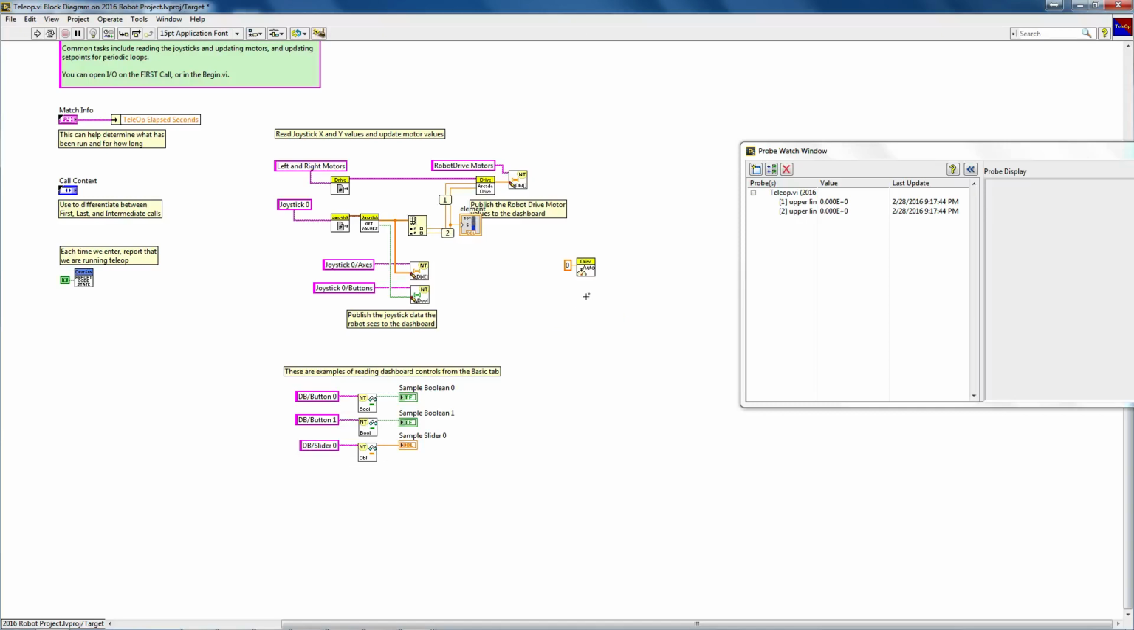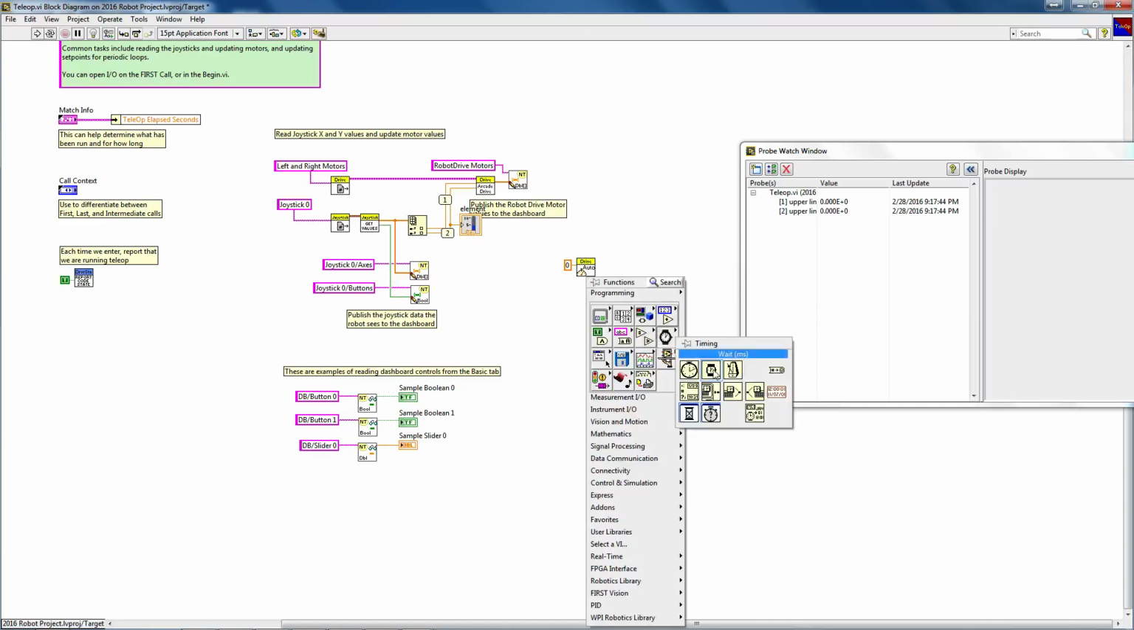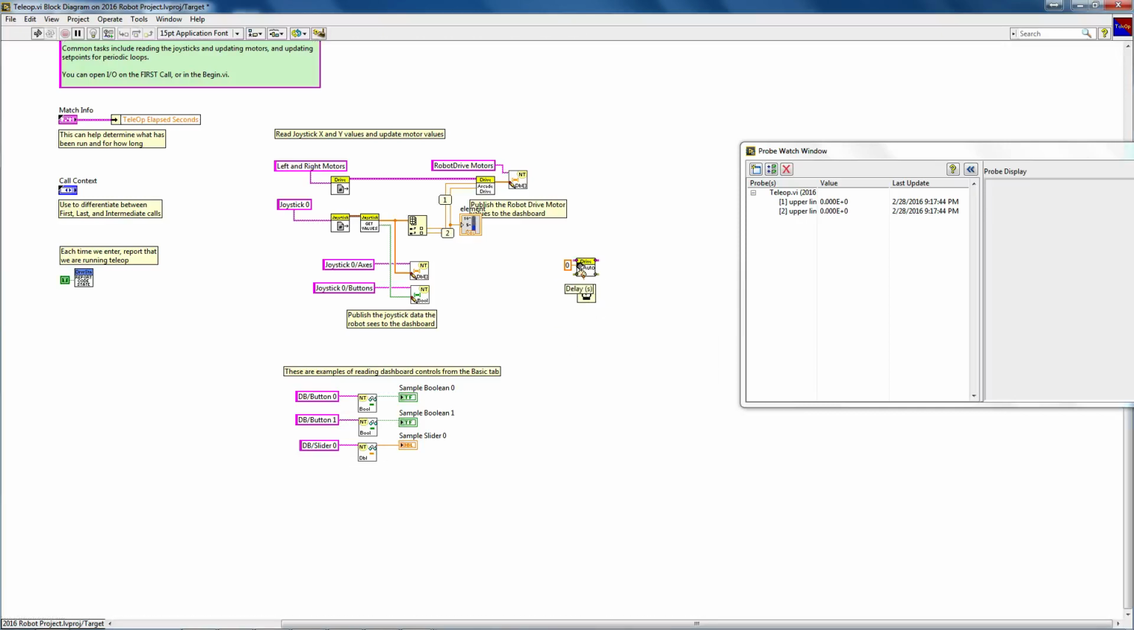Nope, sorry, that was the tick count. Let me grab the delay. Same thing as having this delay. This delay, the object here takes seconds, this one takes milliseconds. That's the only difference. So if we want to delay for 1 second,